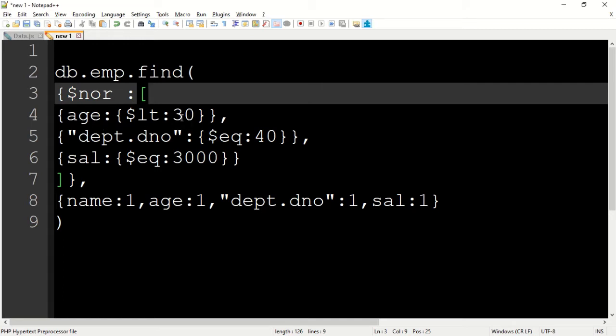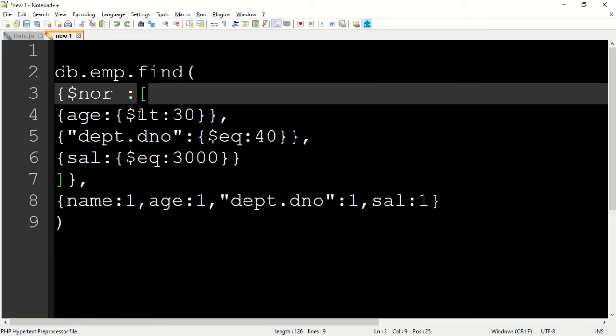And the department number is 40 here, so now the department number may be other than 40. And here the salary is equal to 3000, so the salary may be anything not equal to 3000. That means the opposite of all these conditions is called NOR.